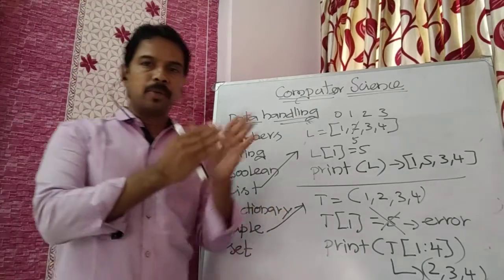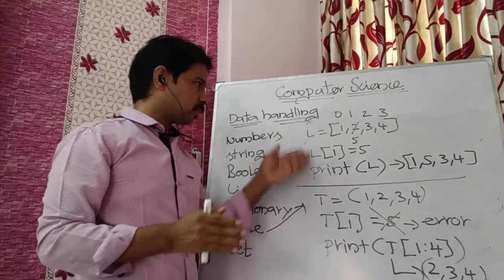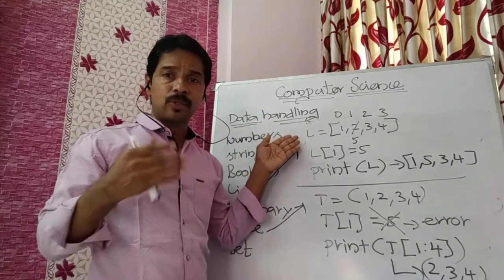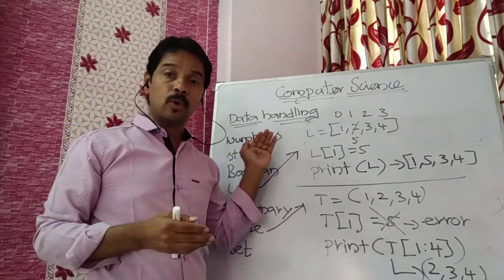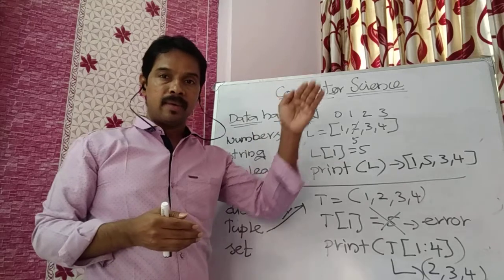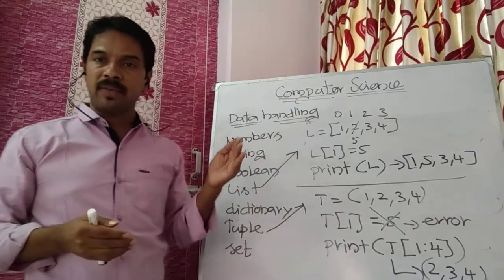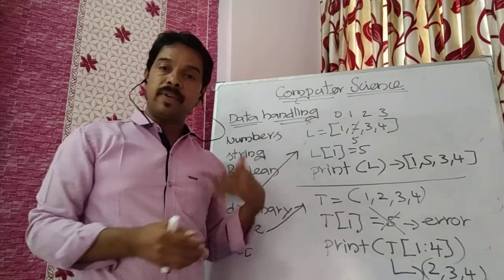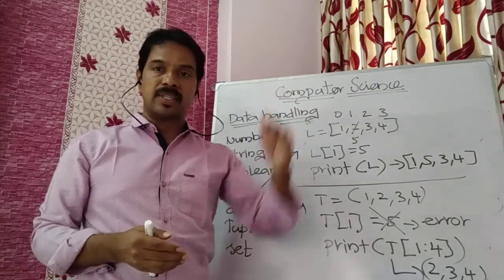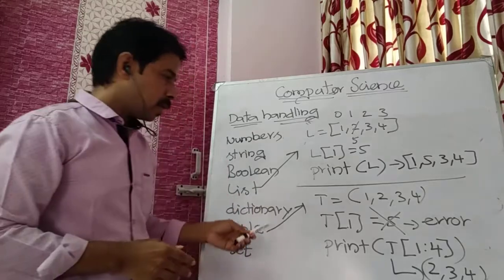Fine. Today up to this we will stop. Actually you see, from the list we have so many functionalities that when we go through the topic separately, we will see in detail. Same way, even for a tuple we have so many functionalities that we will see when we are covering that content separately. Okay, fine. Okay, we'll see again.